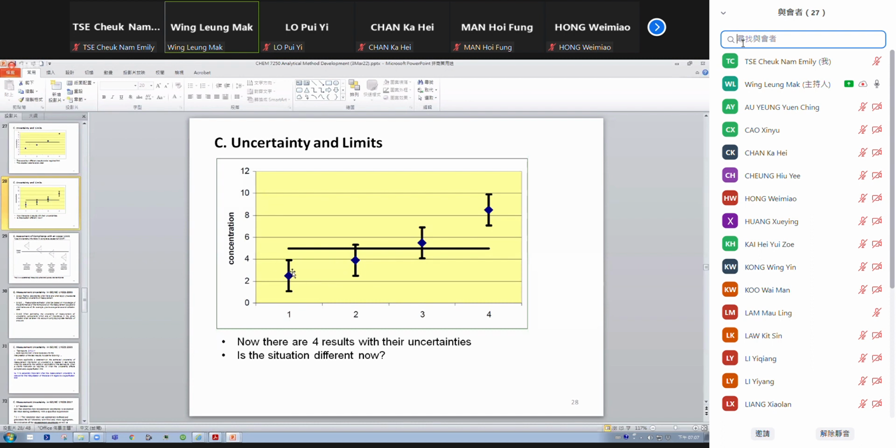It is a clear path, even when the uncertainty is considered. For scenario 2 or 3, because the result may touch the regulatory limit, or this one may touch the regulatory limit,